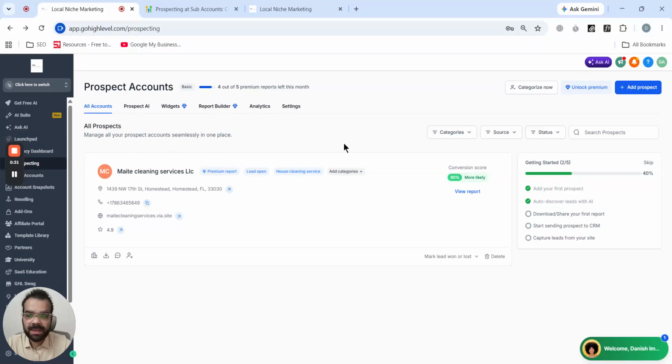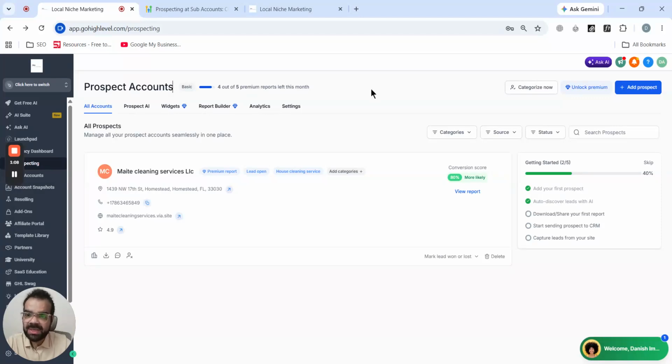And under the prospecting, if you have paid a subscription that is $29 for this, then you are going to select a sub account, right, in which you can add particular contact, and also from there you can also enable the setting in which you can call the contact inside the workflow. That is all being done if you have paid a subscription. For this video, we are just going to